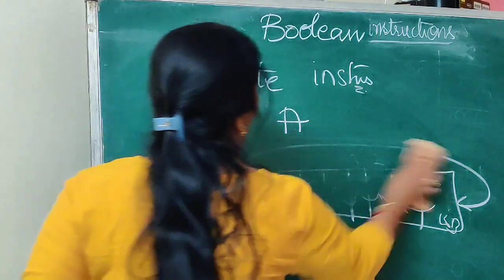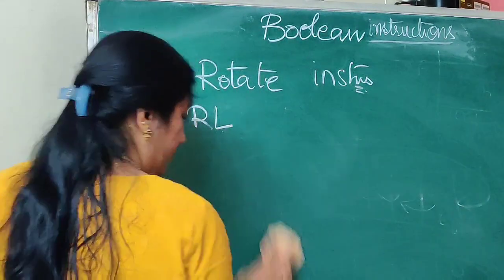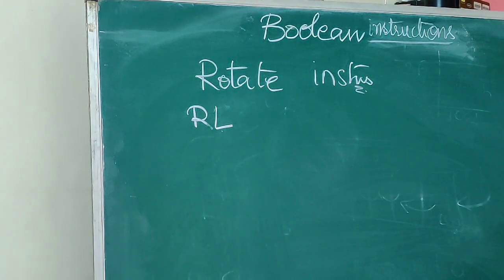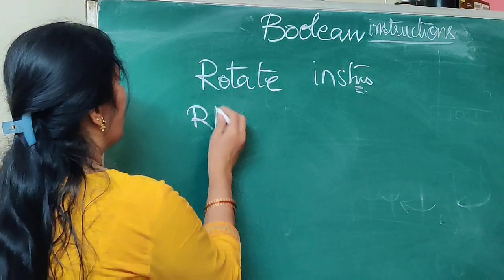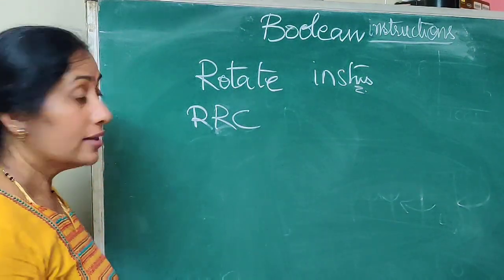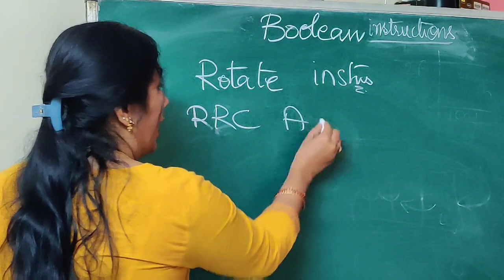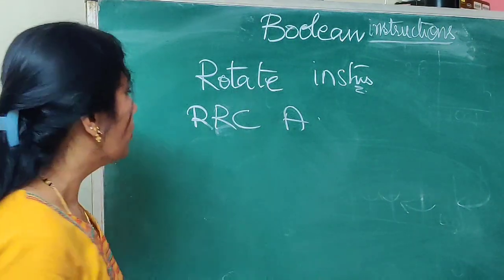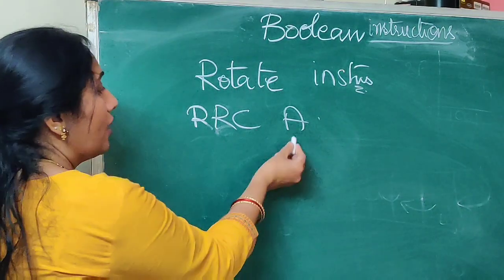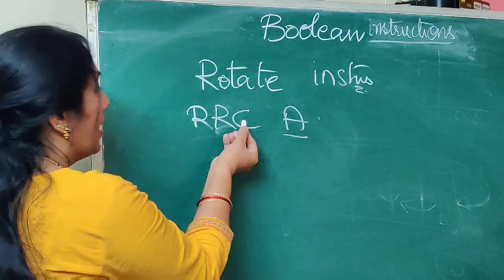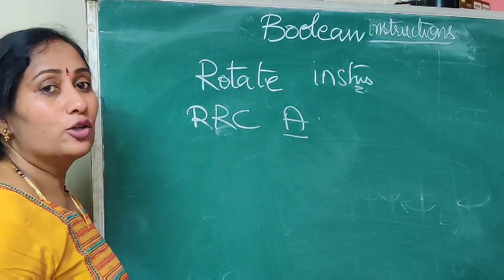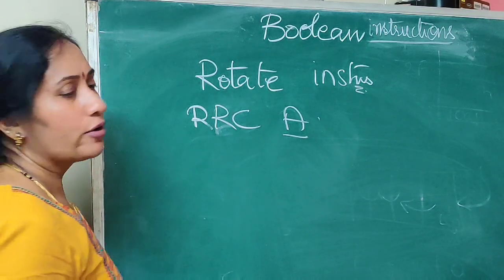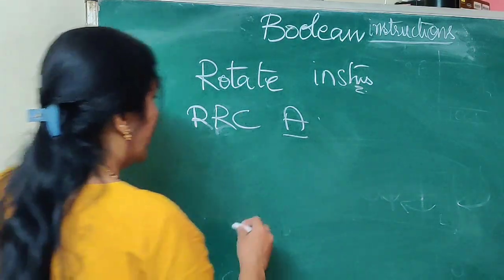Now we'll move on to the next one, that is 9-bit rotation. So here in this particular 9-bit rotation, let me first take rotate right the contents of the accumulator through carry. So here we are going to have accumulator 8-bit and the carry which is going to be 1 bit. Totally you are going to have 9 bits which are going to be involved in the rotation. So these are going to be called as the 9-bit rotate instructions.